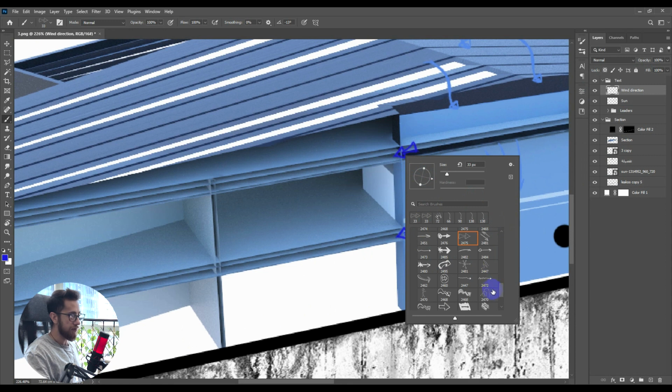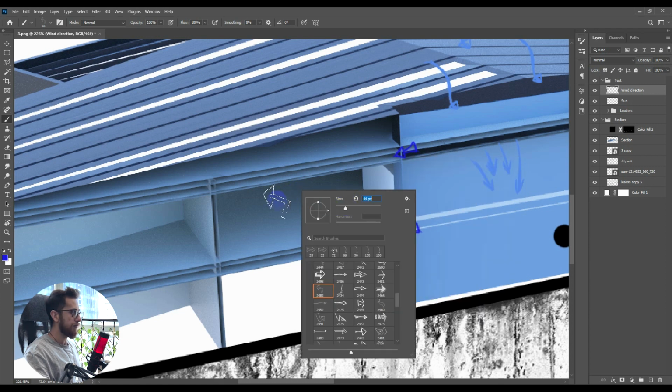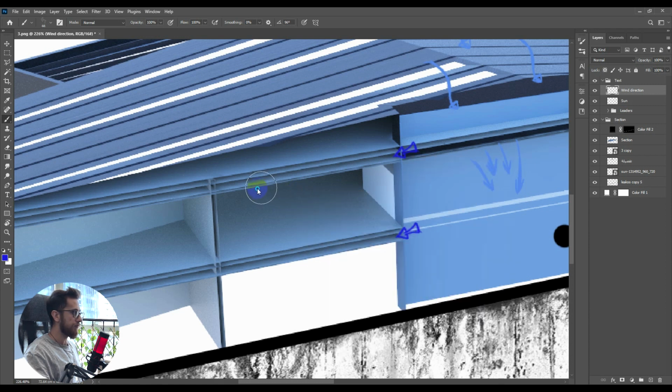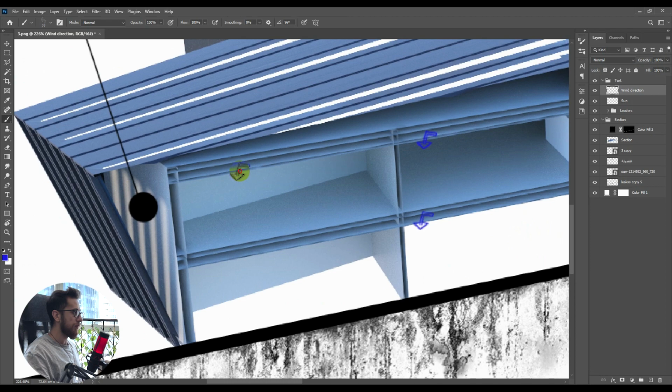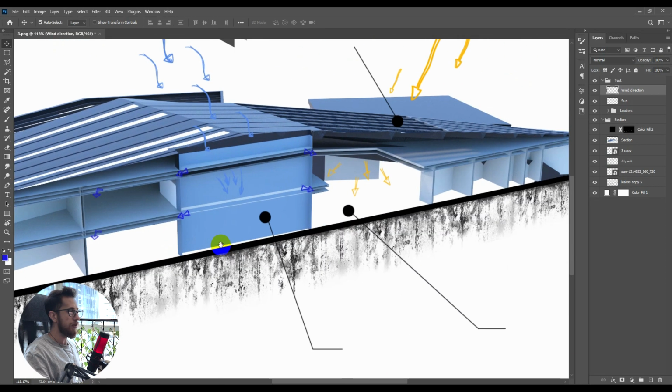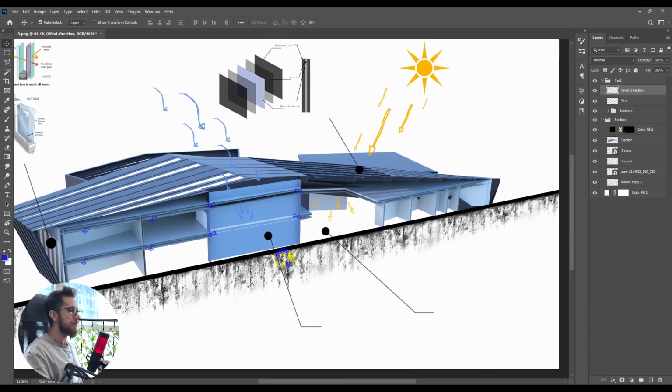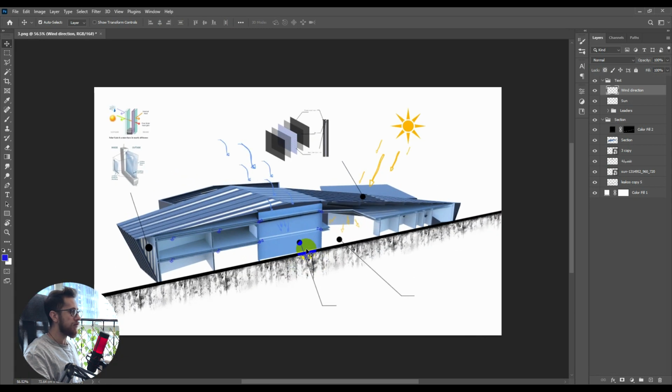Okay, this is awesome. I'm going to get another arrow that is bended. Let's see, I guess this one works. Yeah, this one is good. This one is very good. So assume that this air will come this way in order to freshen the area. Okay, this is enough. This is crazy. As you can see that we have added some